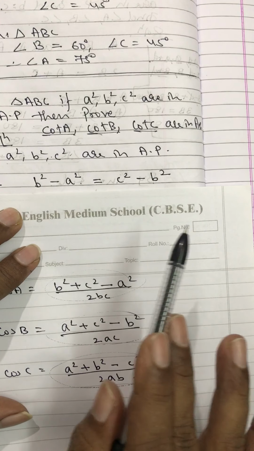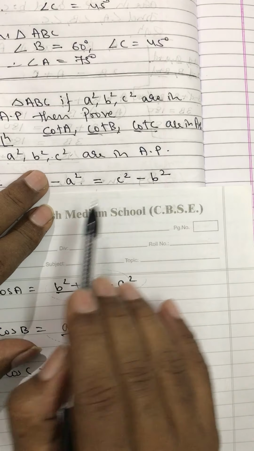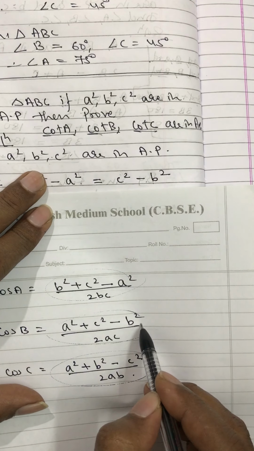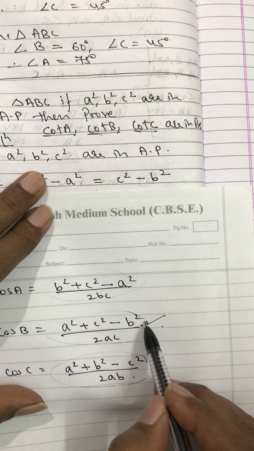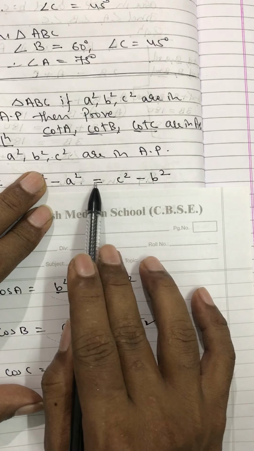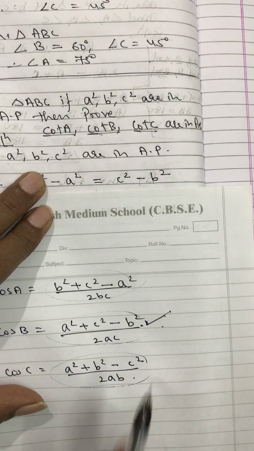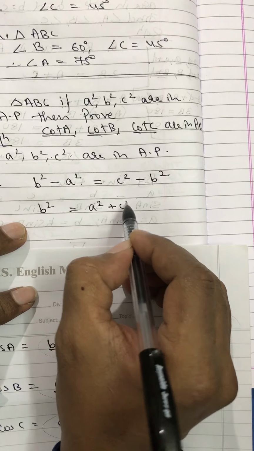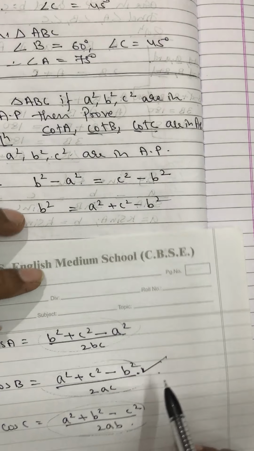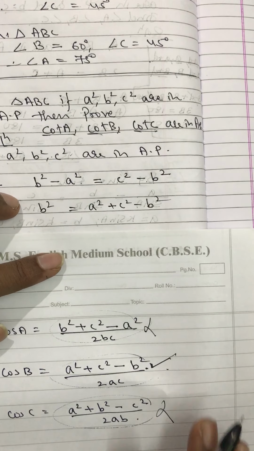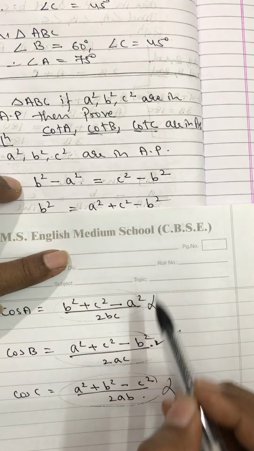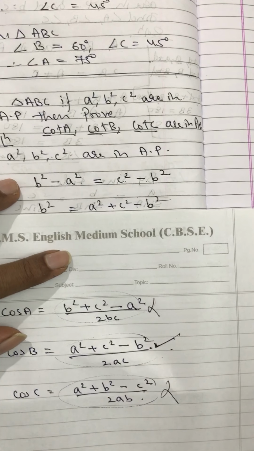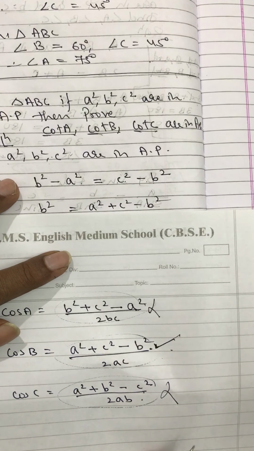So it is out of the question. See, basically if I shift a square over here, what do I get? a square plus c square minus b square. This I can get. Are you getting my point? So that's why what I will do, b square is equal to a square plus c square minus b square. I have reached over here. The other ones I can't frame because of the same reason. Minus a square I can't get. If I shift it over there, you will not be able to frame. This is the only thing you will be able to frame if you properly see now.